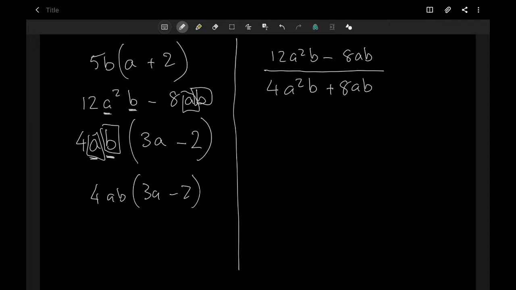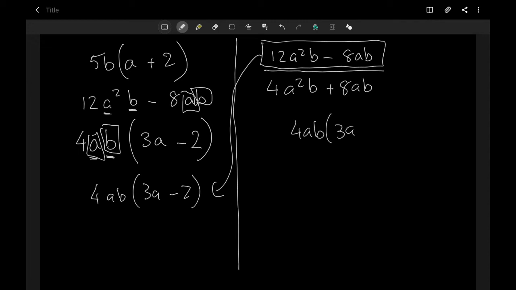So let's see if we can use factorizing to help us. We know that the top could be factorized because we did it in the previous example. So when we factorize 12a squared b minus 8ab, we know that we have 4ab bracket 3a minus 2. Now, if we look at the bottom,